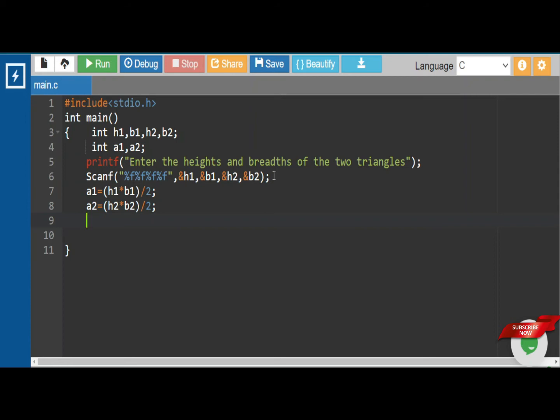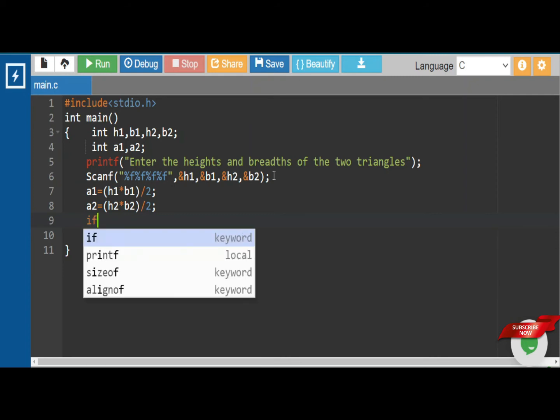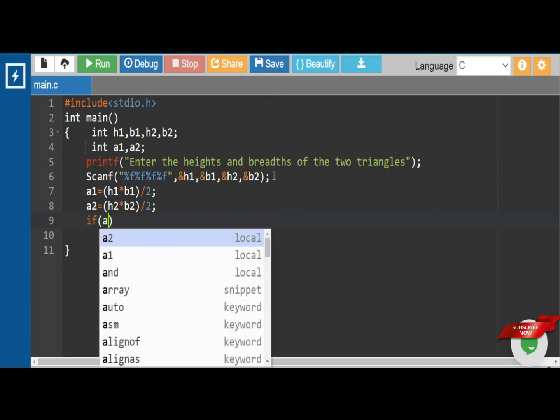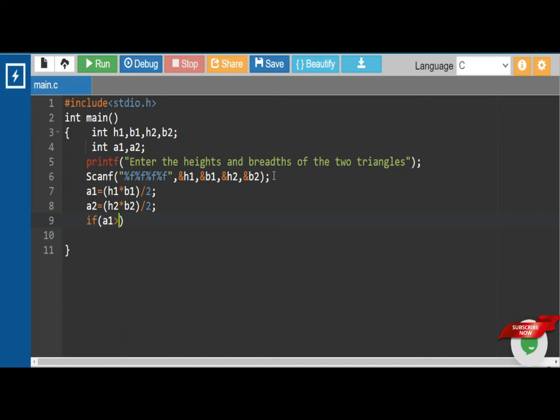And they're asking which triangle's area is more, that one we need to print, right? Just write the logic, that is if else statement: if a1 is greater than a2, then we need to print percentage f, comma a1.